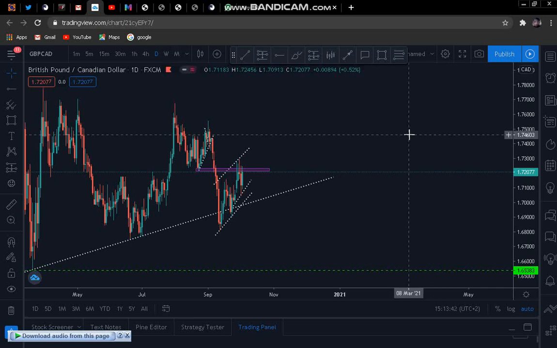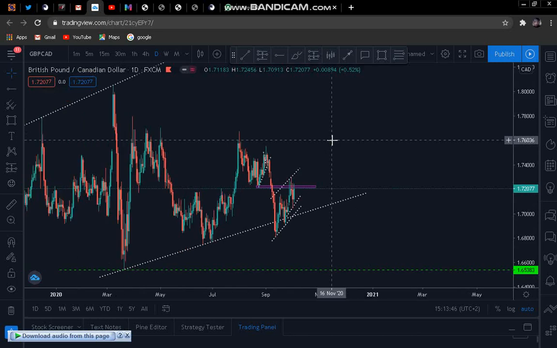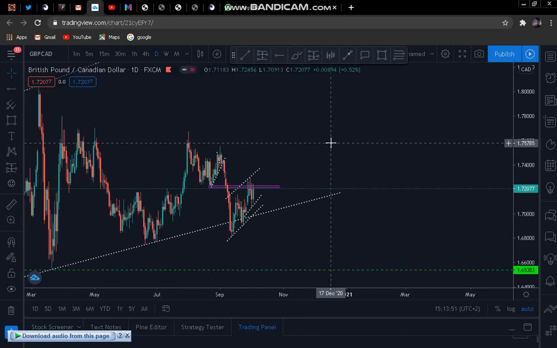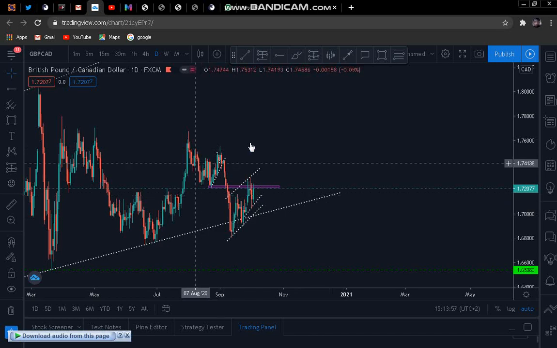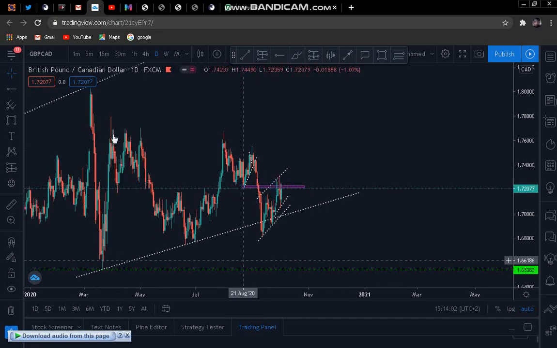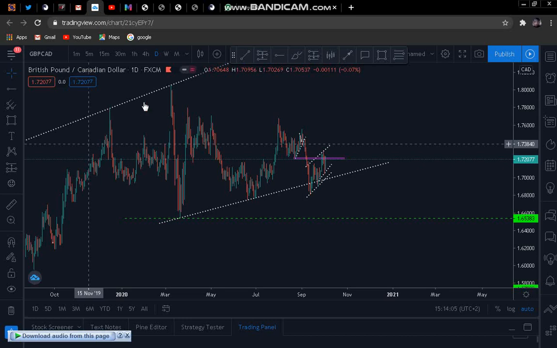Right. So going down onto GBP CAD is the same sort of outlook, same sort of forecast as what we did for GBP USD, because we are still mainly looking at selling opportunities because of the ascending channels that are visible here. You can see that there's this ascending channel that's been formed here,